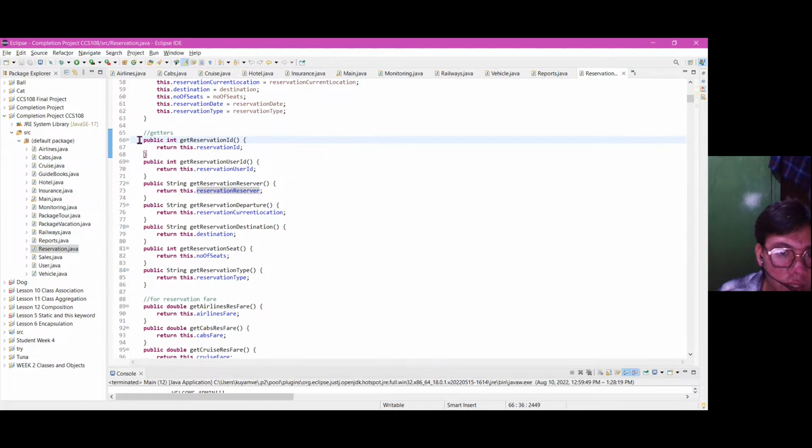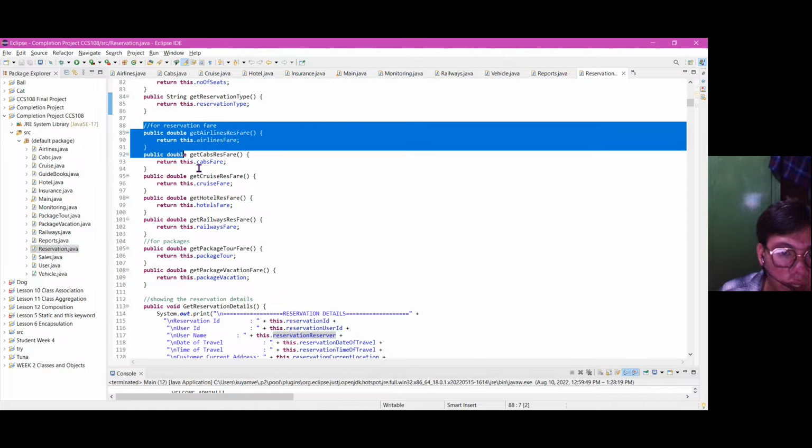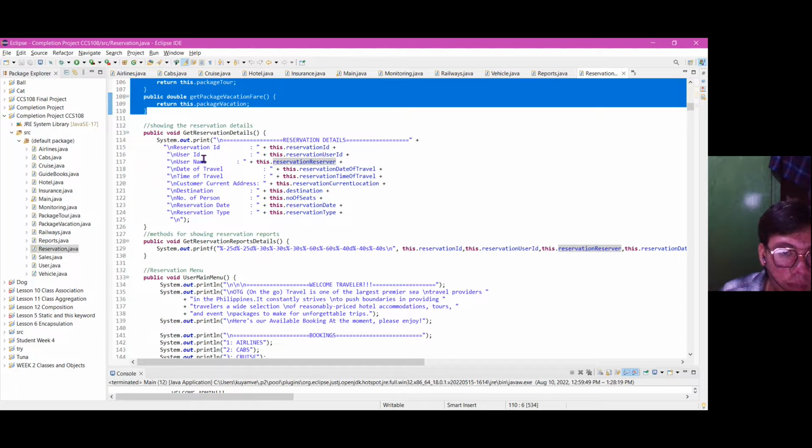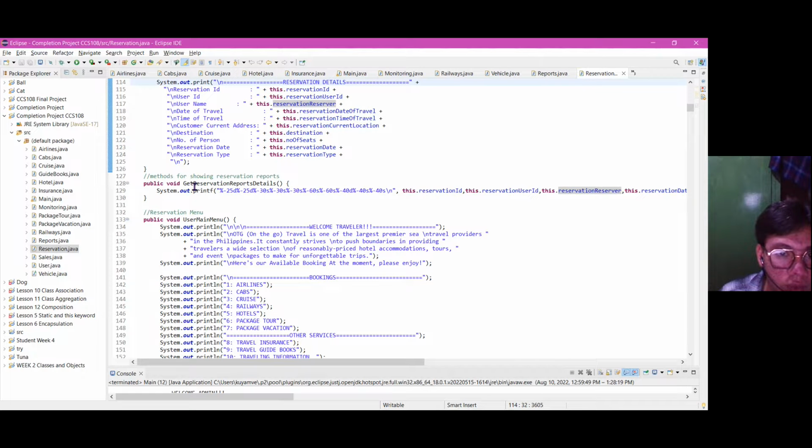Getters and setters for the class fields for reservation fare, and get reservation details that will show all of the reservation, and a reservation for reports,